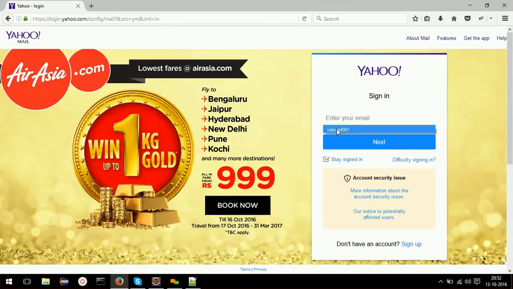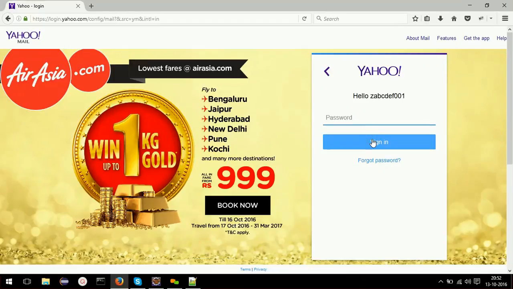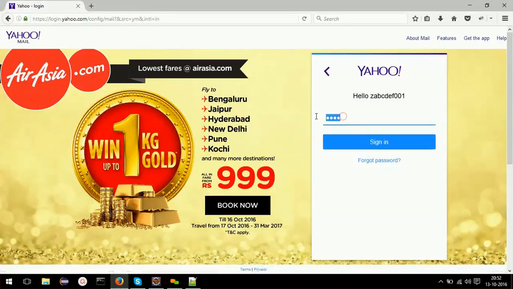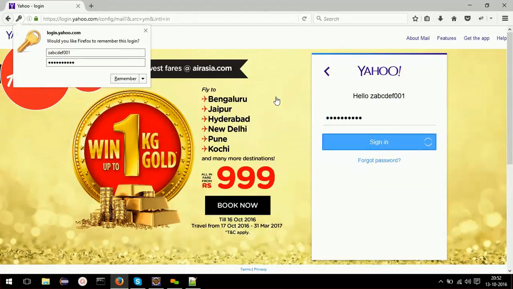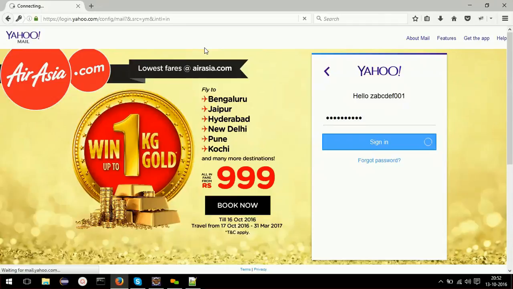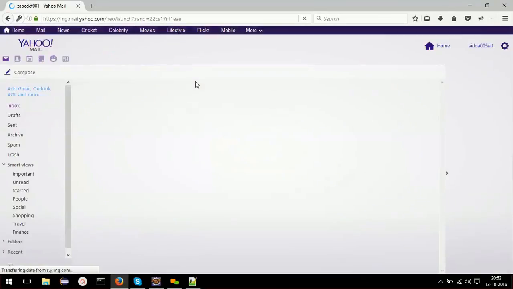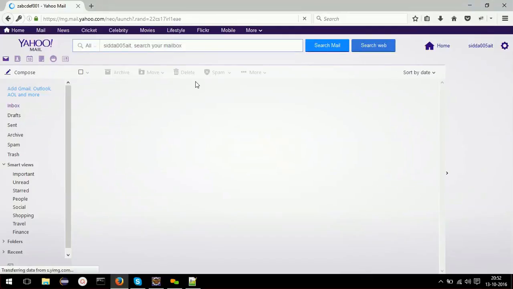Here I'm entering email, then clicking next button. Then it is taken to the password page. Here we need to enter the password. What is the password for it? This is the password. Click sign in. Then your login is successful.